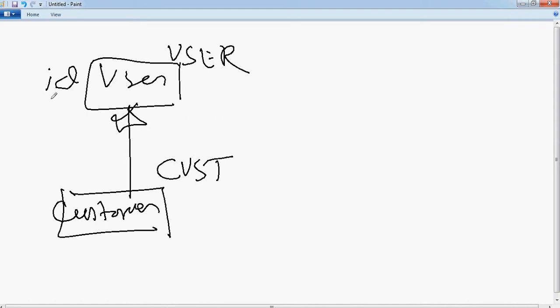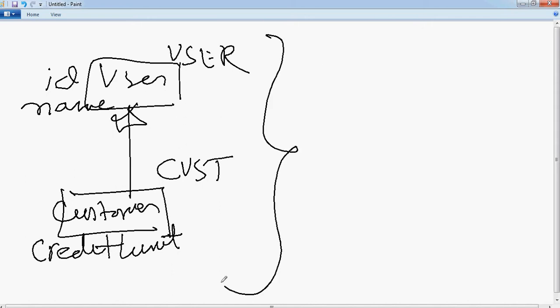Let's say user has properties ID and name, and customer has a property called credit limit. As the name goes, this is called single table per class hierarchy, which means this hierarchy will get mapped to a single table.